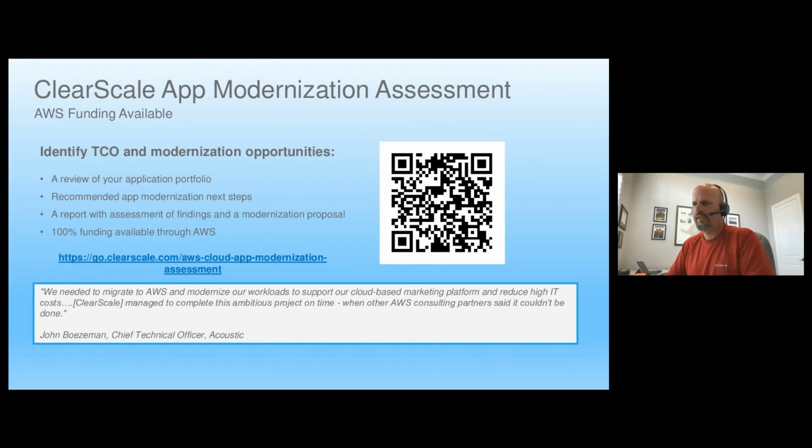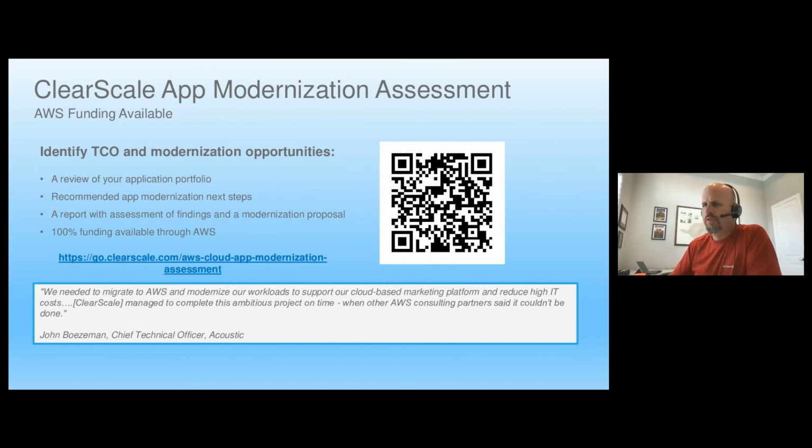The next thing I want to talk about is the assessment that Kevin had mentioned at the beginning of the webinar. We've done this offer before, and it's been really popular with members that have attended this webinar. This is an application modernization assessment.